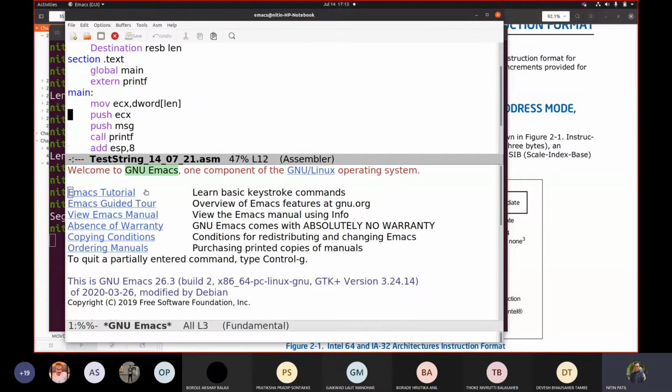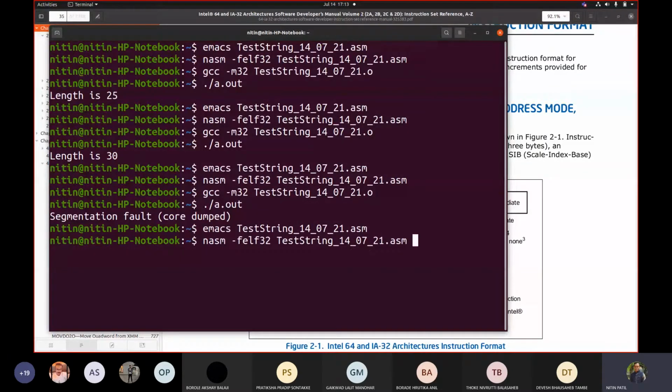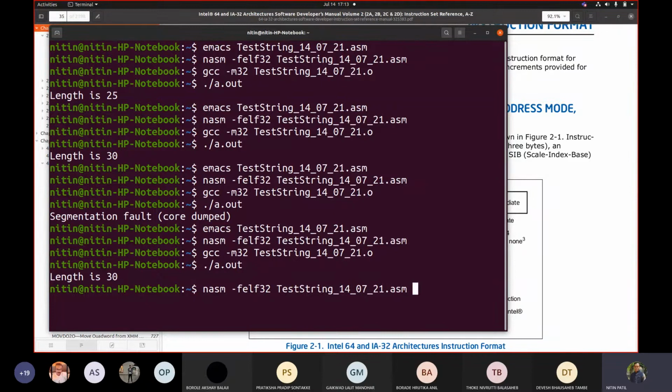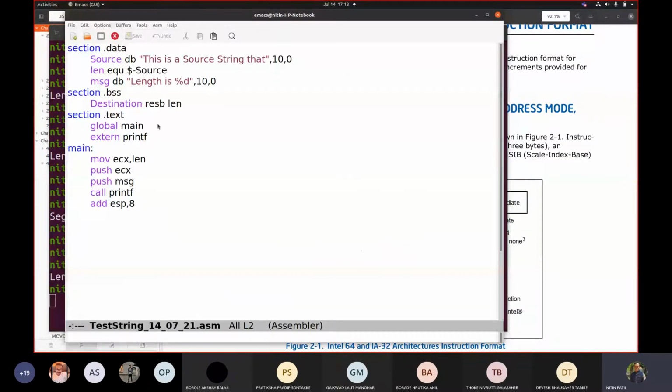Instead of the word length, I will write len. nasm, gcc, a.out. I can see that as it is a directive, it is used with the directive. So this length I am pushing to ECX and then I can see that it is added. So we know already that the length is printed.